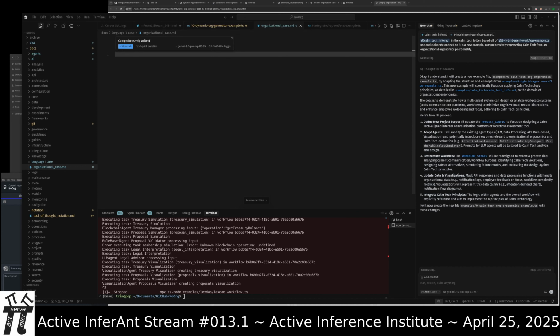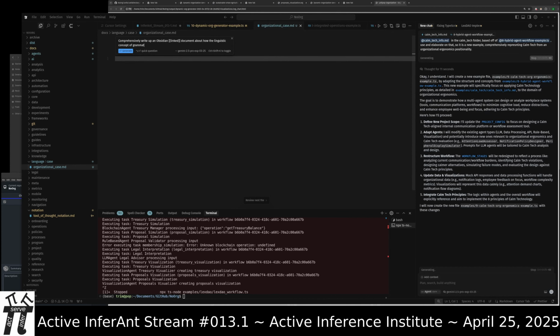Comprehensively write up Obsidian-style documents about how the linguistic concept of grammatical case applies to multi-agent and multi-organizational unit operations.